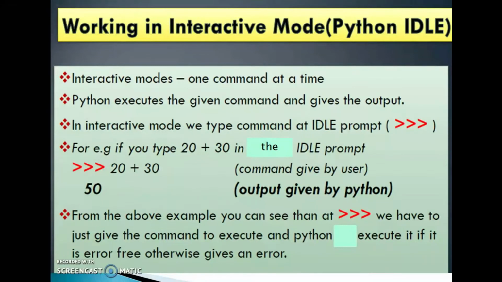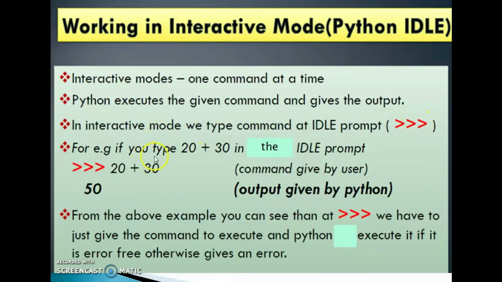In interactive mode, we type the command at the IDLE prompt. The IDLE prompt is like this, three angle brackets, or three greater-than symbols. This is known as the IDLE prompt.